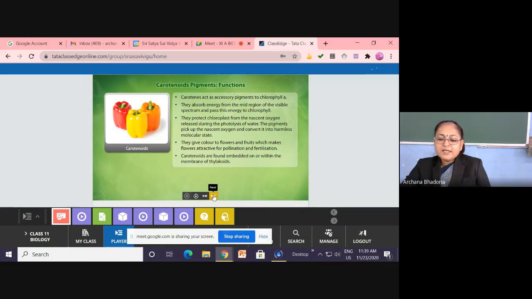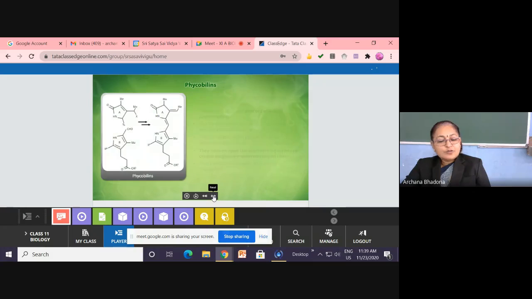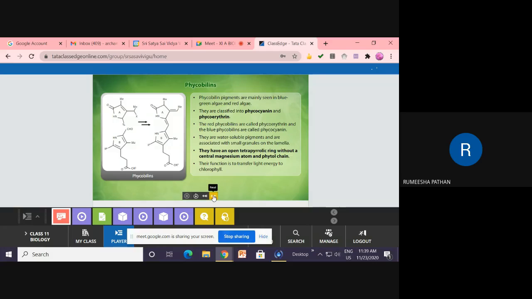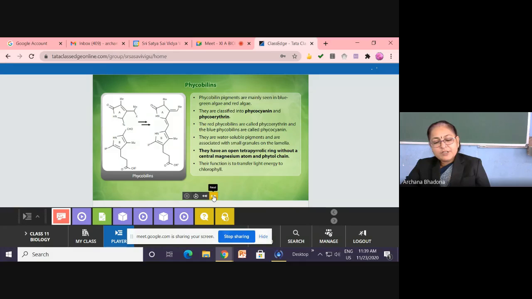So you have noted this much, shall we move ahead? Chlorophyll also you have not noted? Ma'am, that we have noted. Acha, noted. You noted chlorophyll only, okay, but this also is important, you should have an idea. So next one is the phycobilins. Quickly note it down, put today's date and note it fast. Phycobilins they are seen